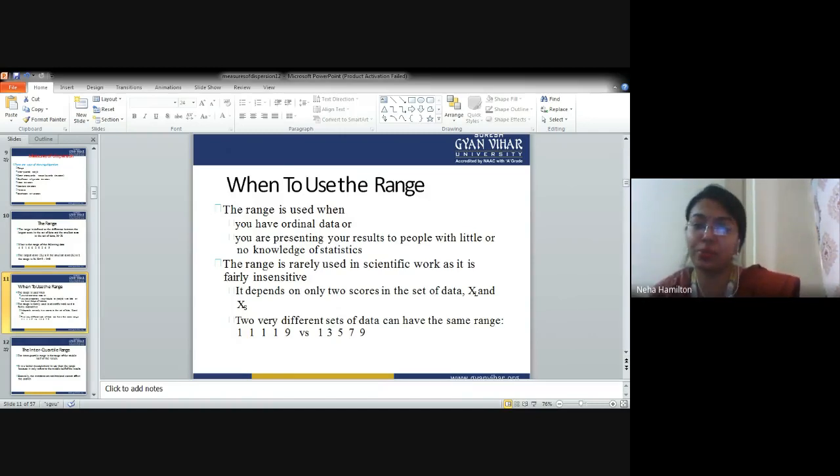Right. The answer should be the standard deviation, because standard deviation is the most accurate method through which you can calculate the measure of dispersion. Now, the second question that I'm going to ask you is, which kind of measure of dispersion gives you answer in percentage, right? The first is range, the second is standard deviation, the third is coefficient of variance, and the fourth is none. So, what should be the right answer? Very good. The answer should be coefficient of variance, in which we get the answer in percentage, right?